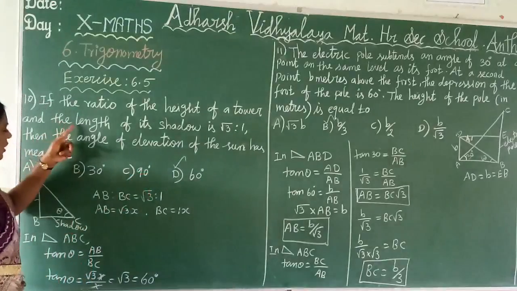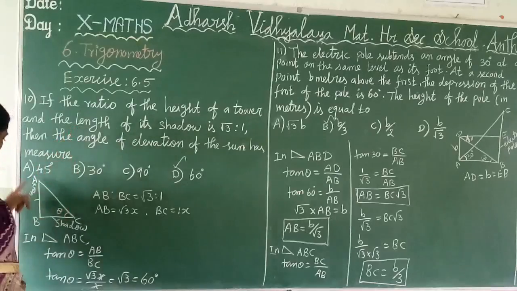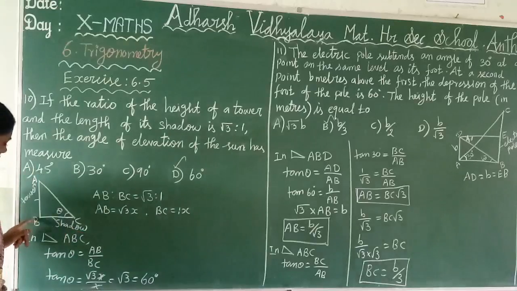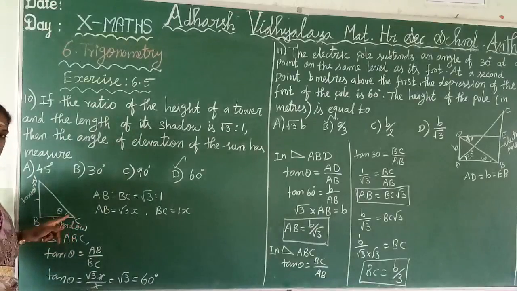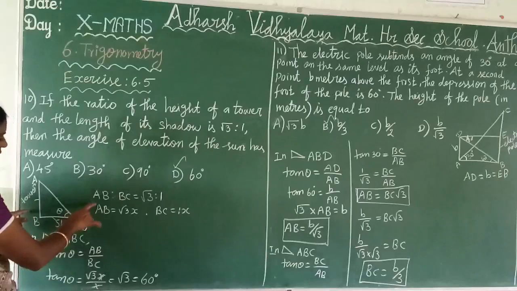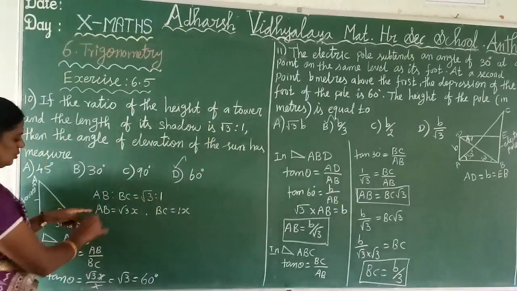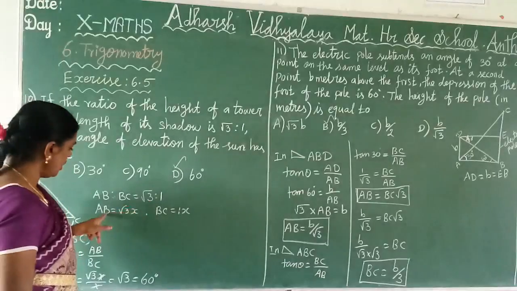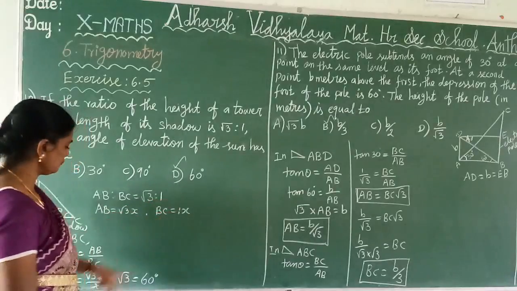The first step in this method is to draw a diagram, write the given, and use the ratio. So the same method: draw a diagram. First, the tower and its shadow. AB is a tower, and the tower's shadow is BC. Here make a theta angle. So AB to BC is given as √3:1. Ratio means we multiply by some variable. So AB equal to √3x, BC equal to 1x.